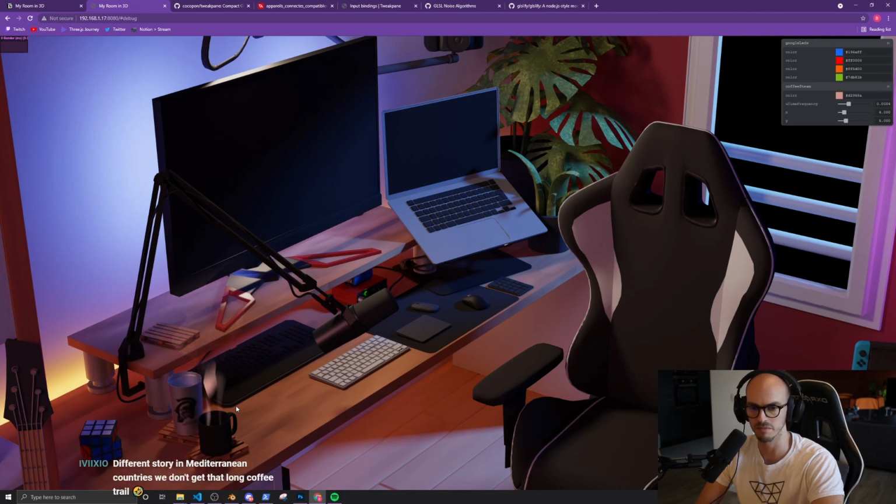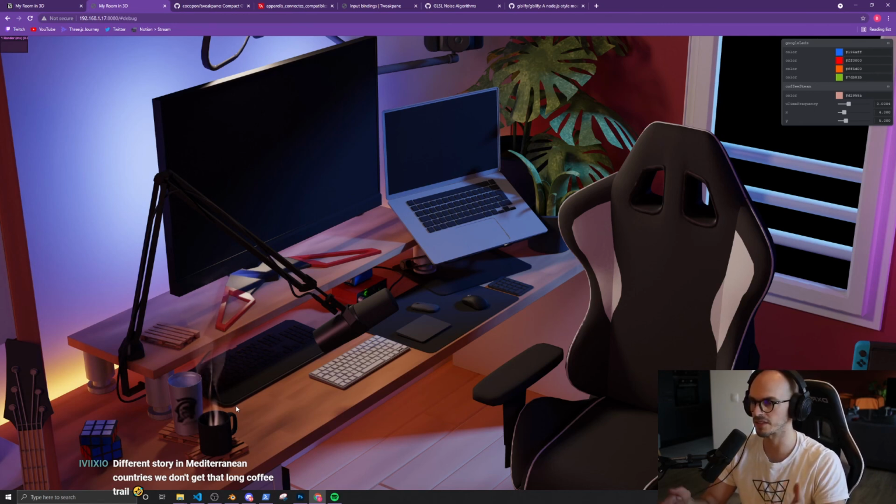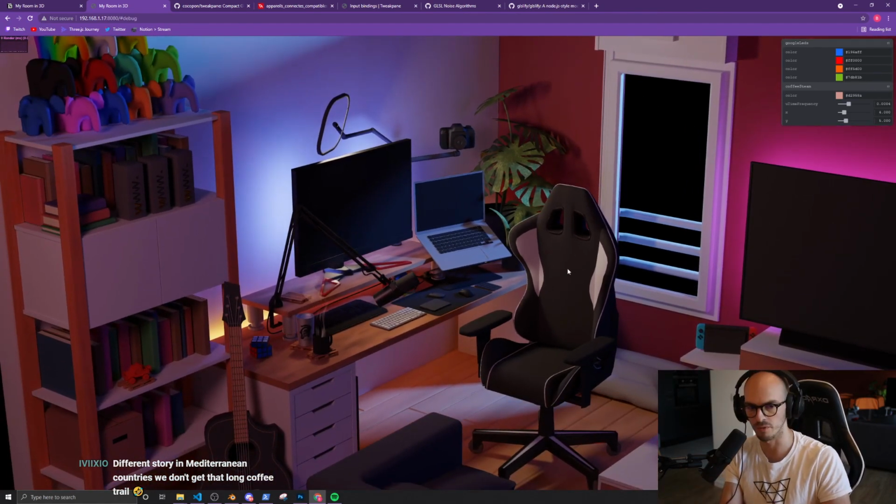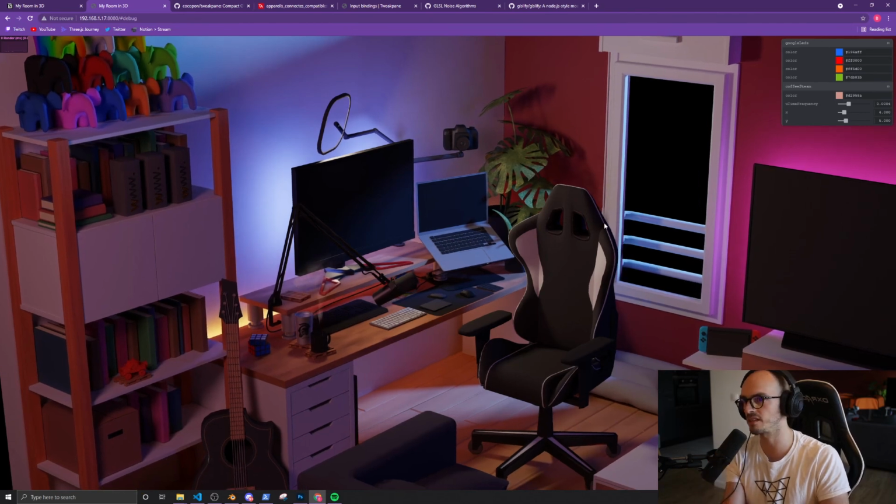What does the depth write do? Oh, that's a bit complex. The idea is that when you write polygons, the GPU will decide if there is something in front of it or not to write it. Like you see the chair, it's in front of us, so we have to write it, but the wall behind doesn't need to be written. So this is what the depth write is